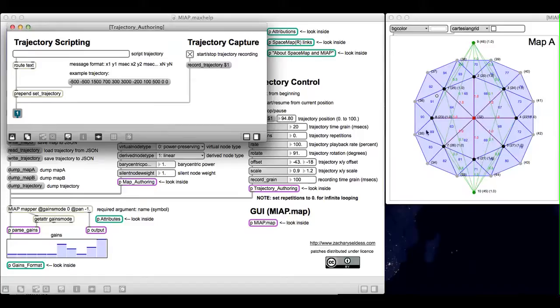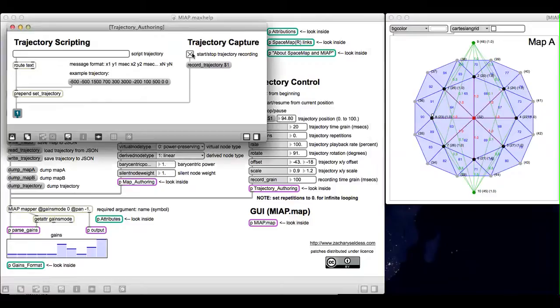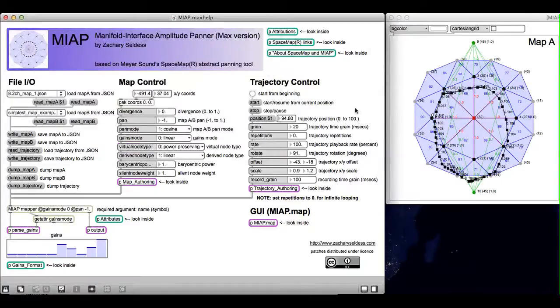Let's do a simpler one just so it's easy to see. So let me trace around the ring. Oh, and it's visualized in a strange way because I have rotated it and offset it and scaled it. So let's go back. So that's exactly what we just did. So you see there's a lot of nodes. Now let me